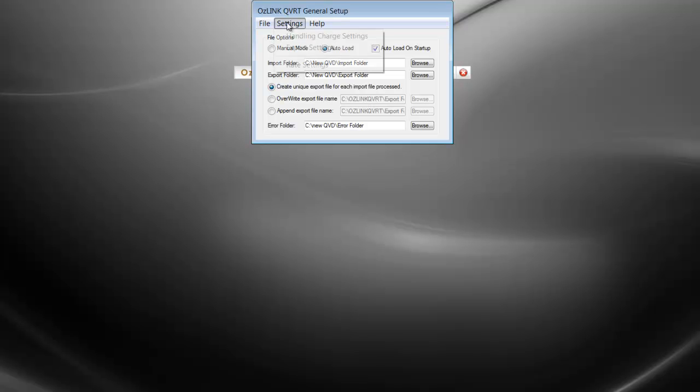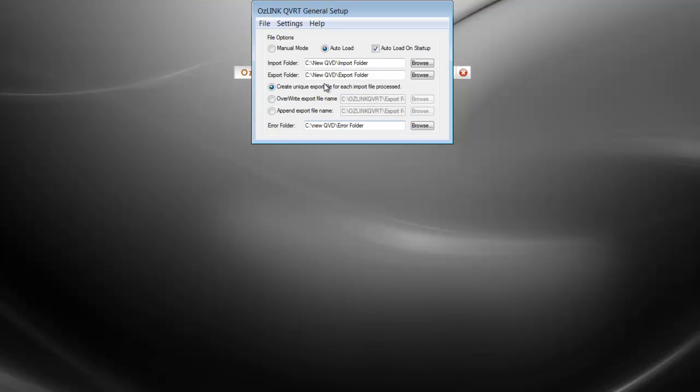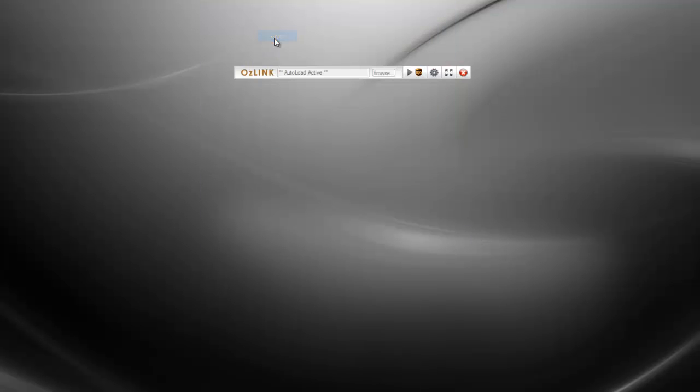Now if we go under the settings section and then to the export settings, this is where you can define which data fields will be included in your export. Right now we see the standard fields on the right-hand side, but we can easily add additional fields by highlighting a field and clicking the right-hand arrow. Be sure that when you make changes that you click OK, and we always go to File and Save to